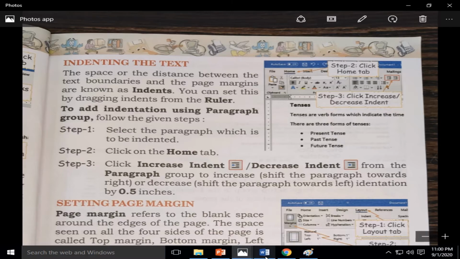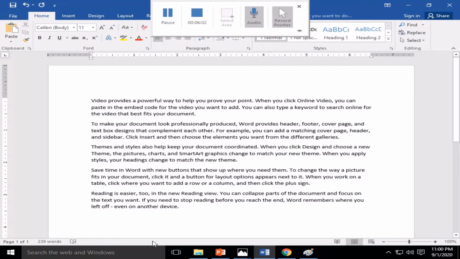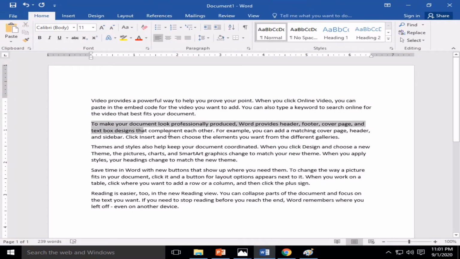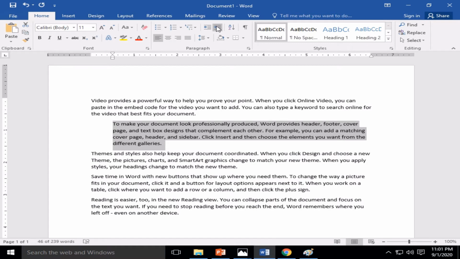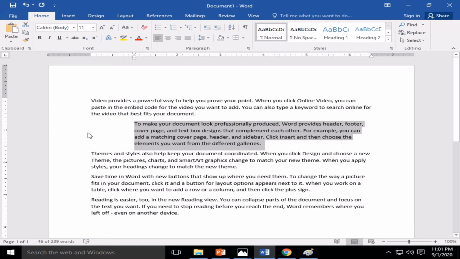Let's move to the Word document and let me show you. Suppose the second paragraph, I want to set the indent to the right side. So I am increasing the indent. See, this is increasing the distance between the page margin and the text boundary. And how much is it increasing?